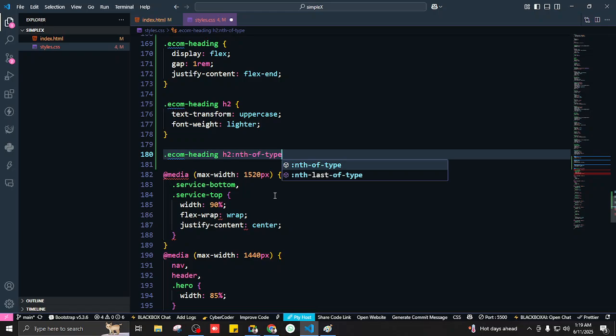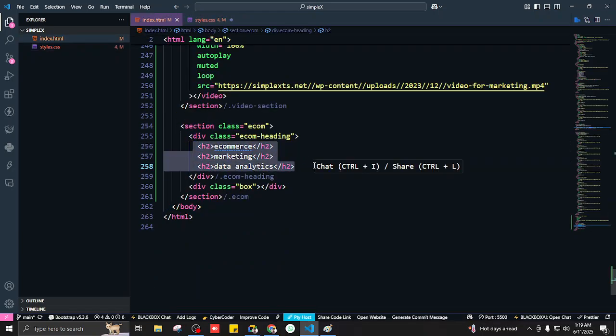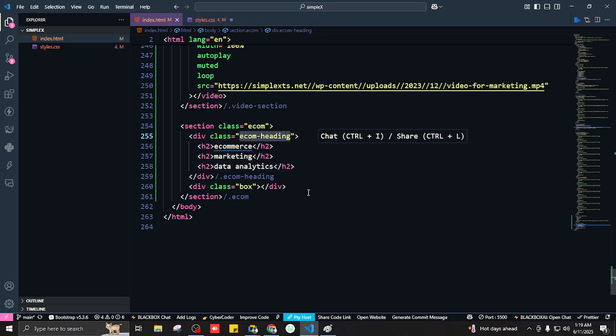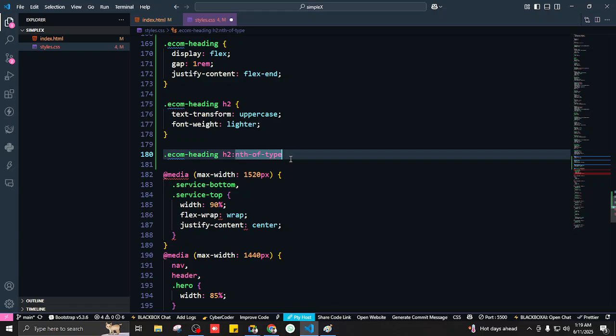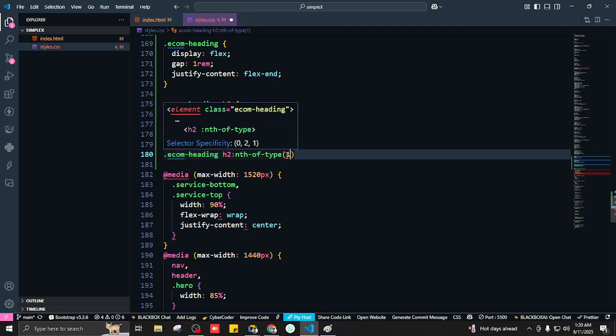like which order do you want to select, which number of h2 do you want to select. So the question is, how many h2s do we have in this ecom heading? How many h2s? Three. So this nth-of-type expects a number. If we were to write 1, it's going to select what? The first h2. If we were to write 2, it's going to select the second h2. Similarly, if we were to write 3, it's going to select the third h2. Okay,